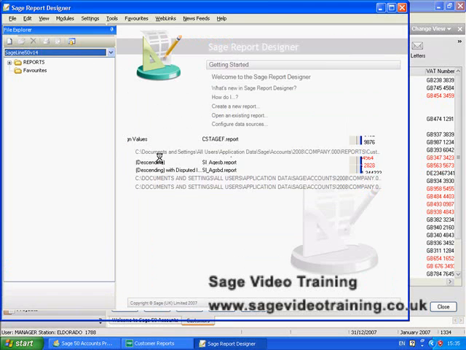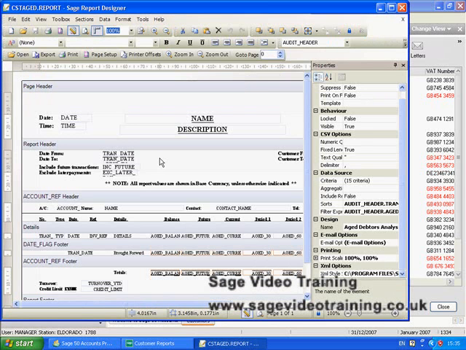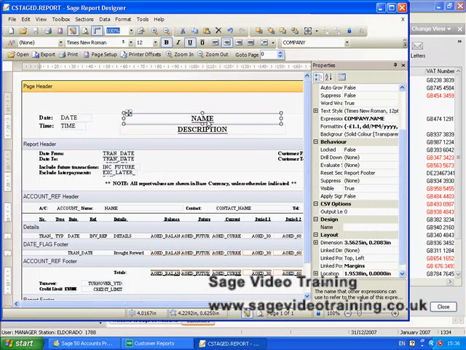and Sage opens Report Designer and loads the report. Now we looked at all the various toolbars and the panes when we did the overview of Report Designer, so I'm not going to go through all that again, but for example in this report here I might want to have the name of the company a bit bigger, so I click on this particular variable box, and that gives me a set of properties here, and if I just push up to the top,